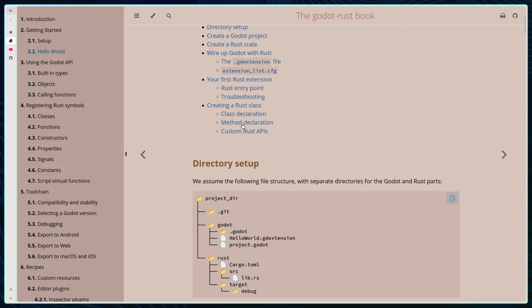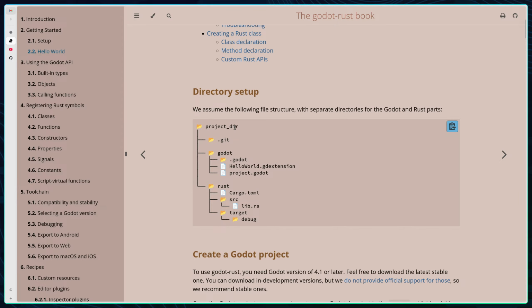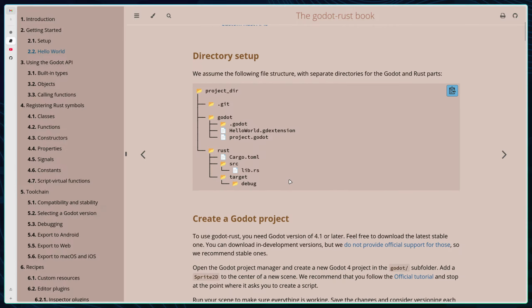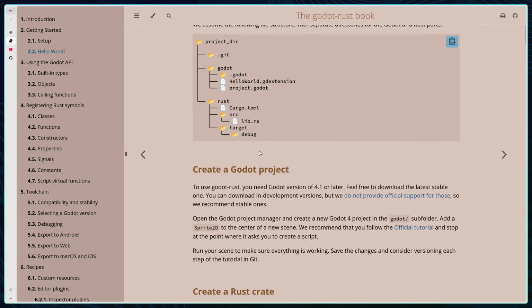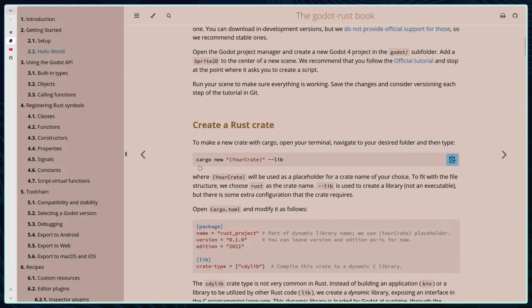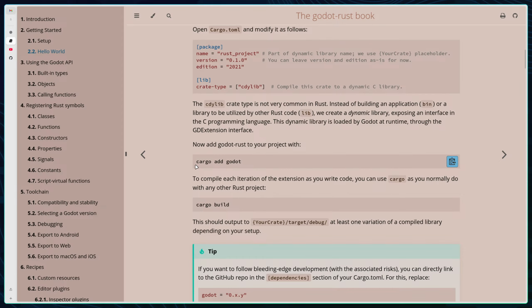So we already have our directory set up the way they tell you to. You have a super directory, and then you have your two project directories for your Godot project and your Rust project. We already have that. One thing they want us to add is, see, we already ran this command. We already created our Rust library. And then